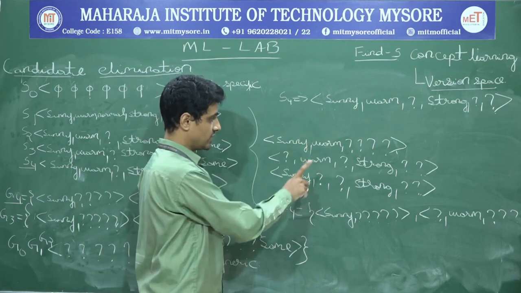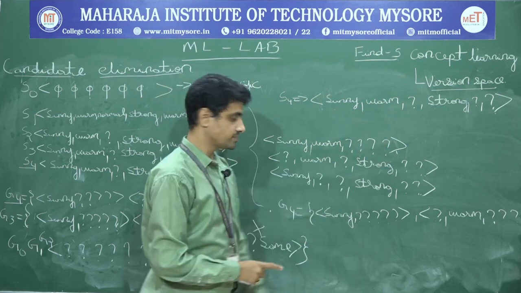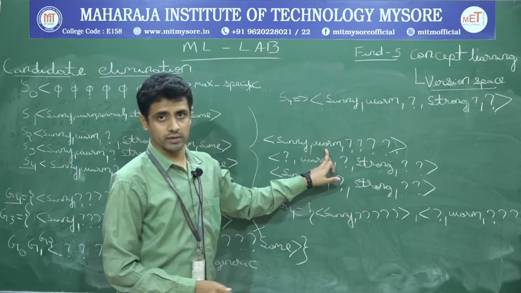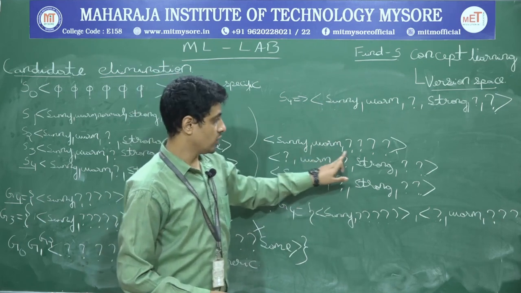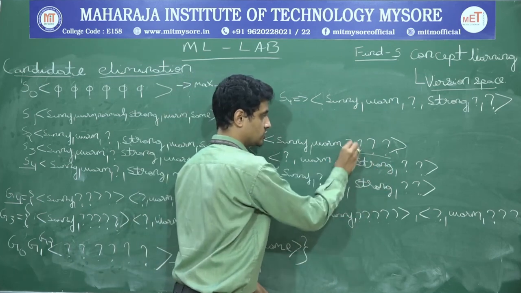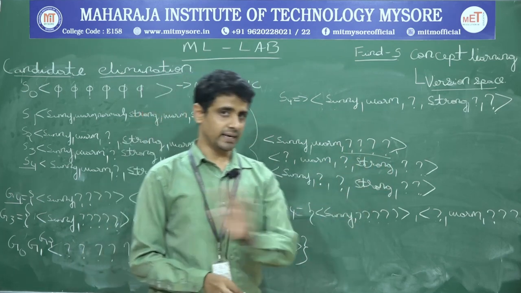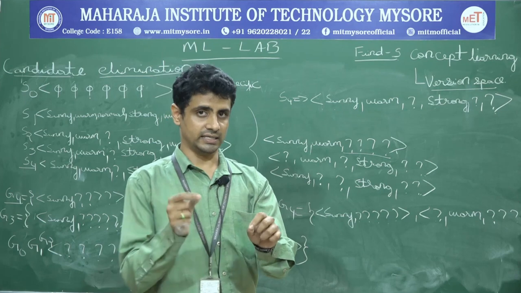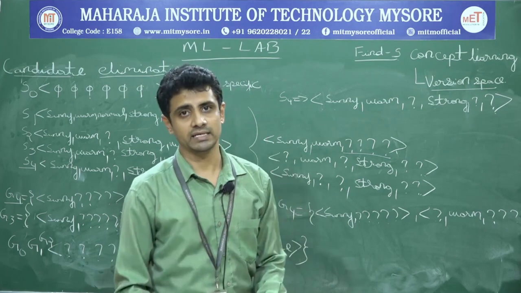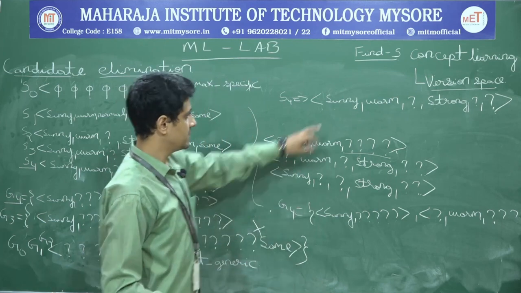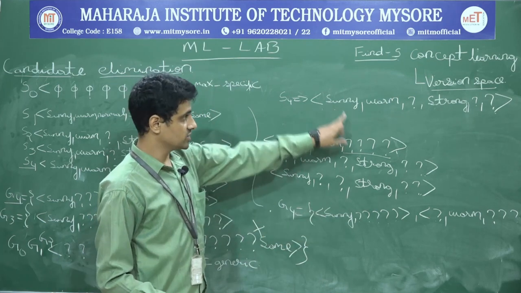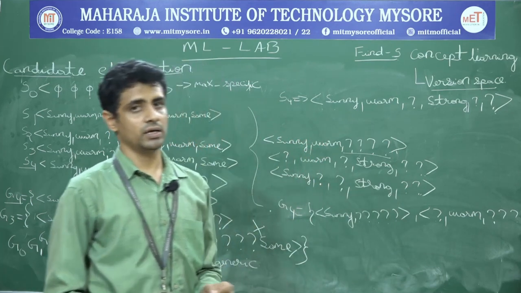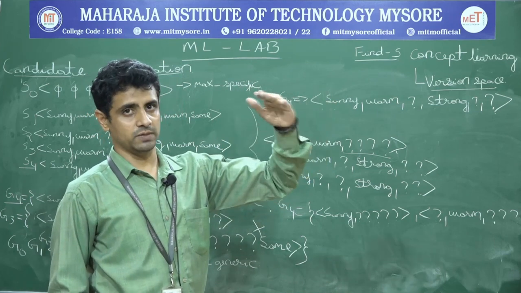As you can see here, sunny and warm and strong. For example, I will give an input with only 2 values, sunny and warm. I don't know the rest of the attributes. Now, what does this question mark indicate? It indicates that it doesn't matter what the last 4 attributes are; if the first attribute is sunny and the second is warm, I can classify it as positive. The same case applies for this also. This way the version space is developed for a given specific boundary as well as generalized boundary.